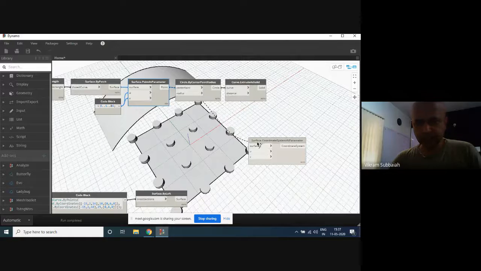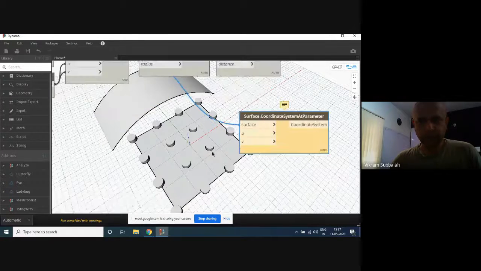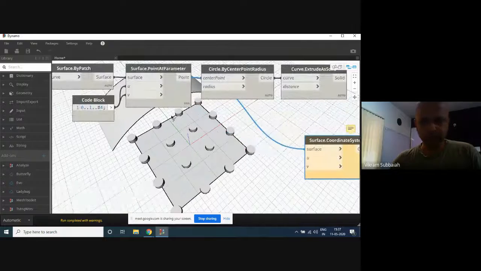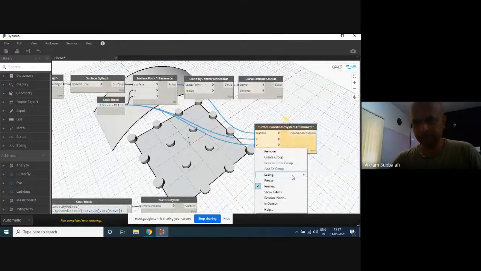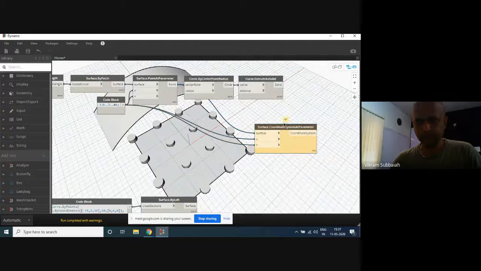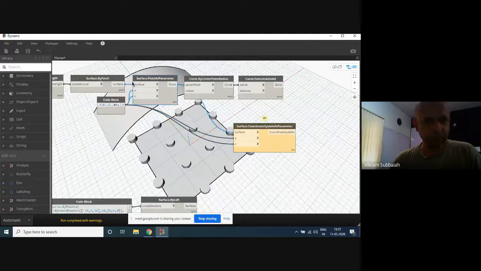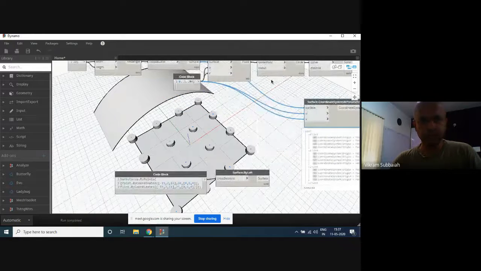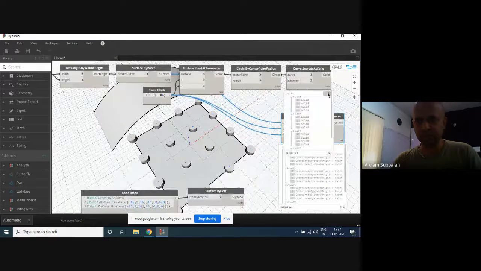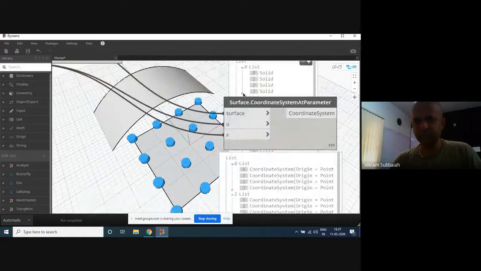And the parameters are this and this. Coordinate system at parameter, we should have got a similar list as what we've got for each of these things. The list structure will be the same.